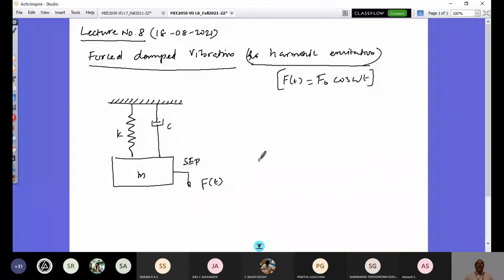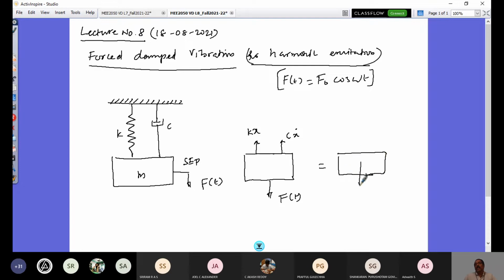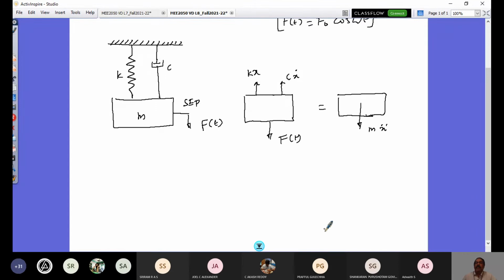I can get my governing equation simple. So I have here two forces, that is kx and c x dot, and that's going to be equal to, and of course there is a force F of t, forcing function, and I will have that equal to m x double dot. So this is what is my application of Newton's law. So I have on left hand side free body diagram, on right hand side kinetic diagram in fundamental science. Engineering mechanics, we have learned that. So writing down the convention down positive, I would have minus kx minus c x dot plus F of t equals